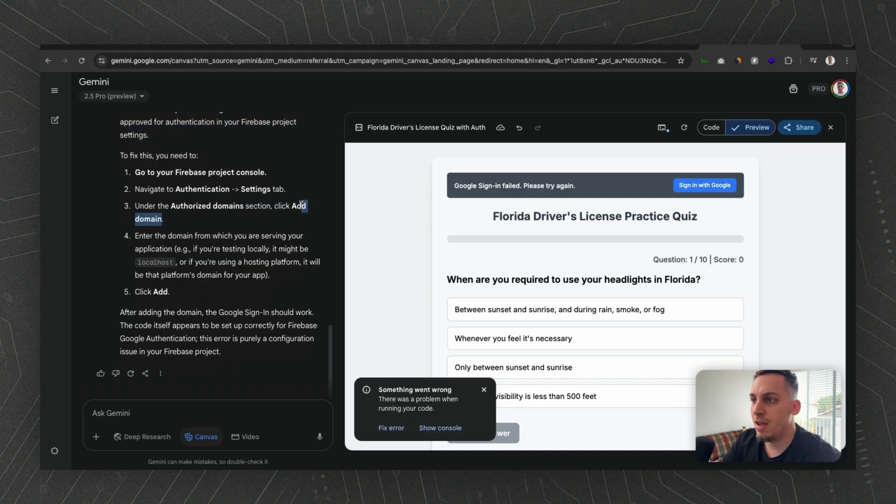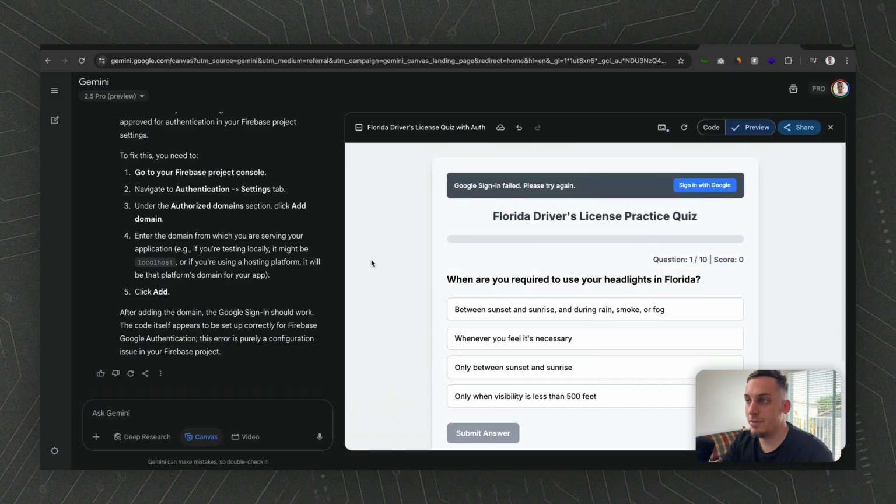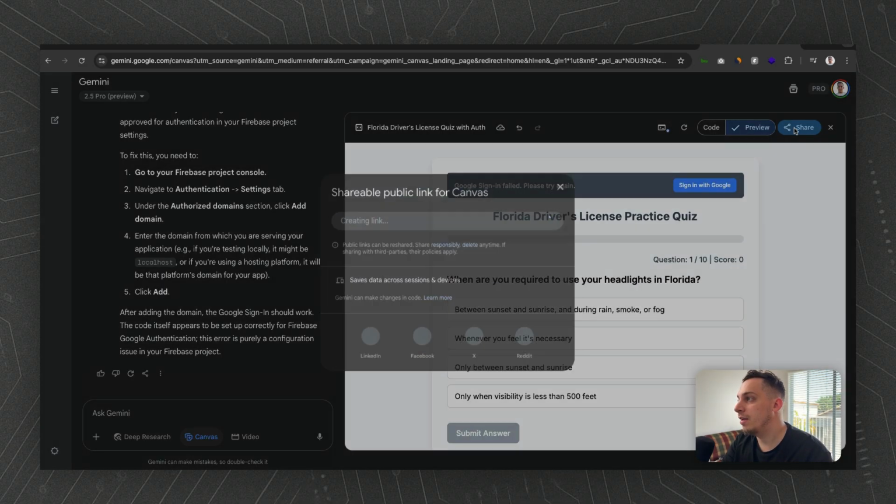Yeah, it says add domain. But I mean, it does add the whole setup for you. You just have to add your domain, I guess, once you're done. But again, how do you export this? Like if I want to